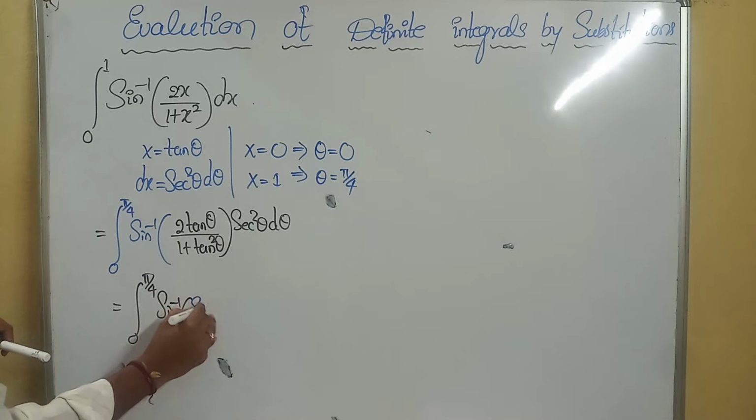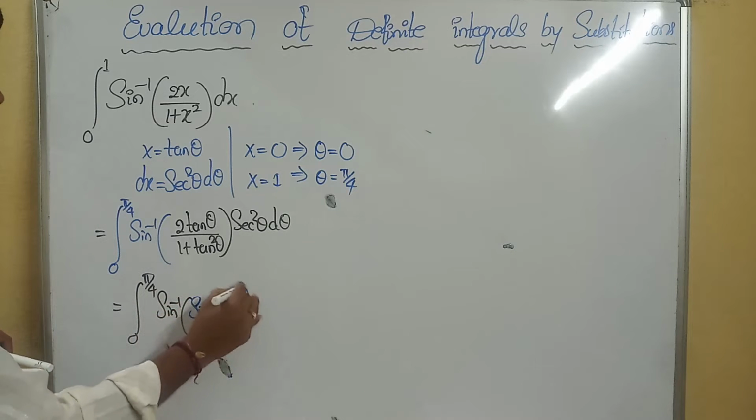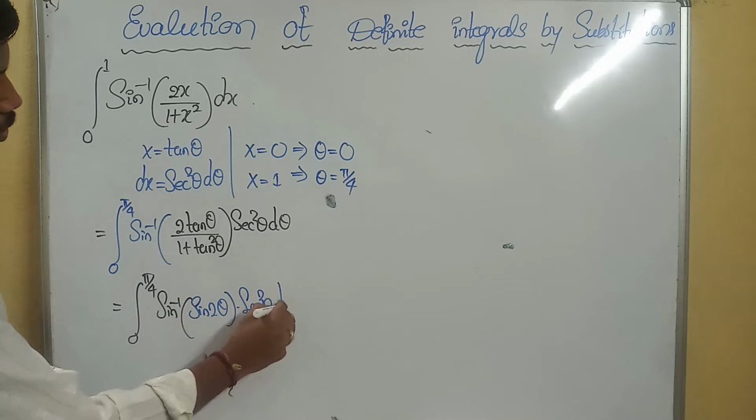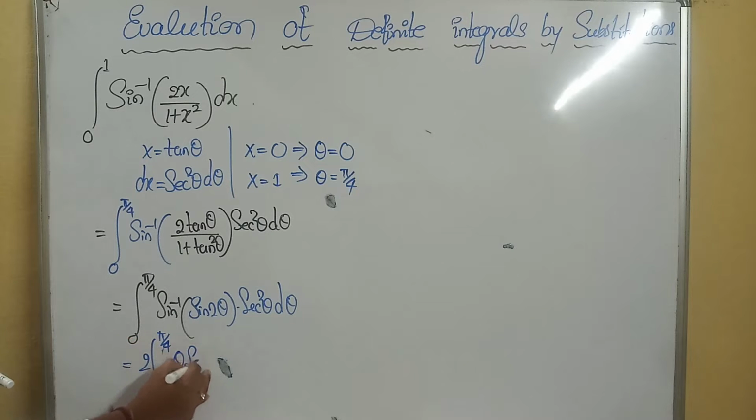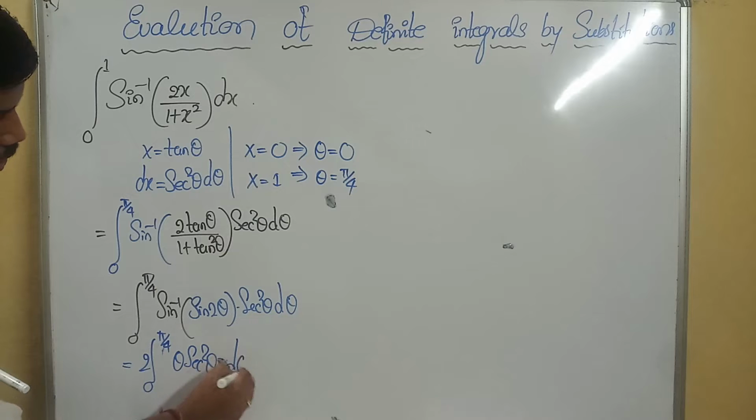It is sine of 2 theta. Got it? Into secant square theta into d theta. What is the sine inverse of sine of 2 theta? It will be 2 theta. Theta secant square theta into d theta. Got the point